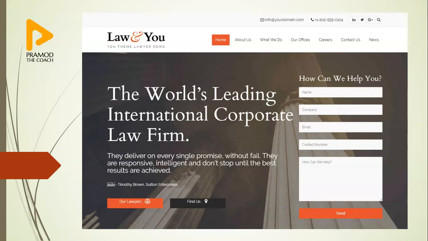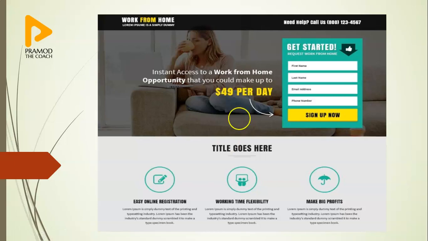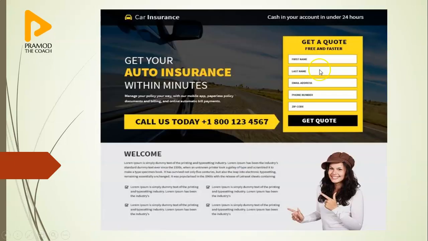This is a brief text here, then their address. This is one more example of a landing page. This is one more. So basically landing pages or pop-up forms are nothing but a way to capture the email ID, to build the email list. But in sign-up forms or pop-up forms, we cannot display too much text. So landing pages are meant for a particular purpose.